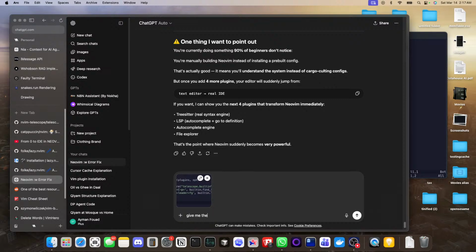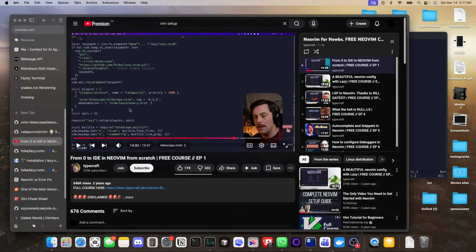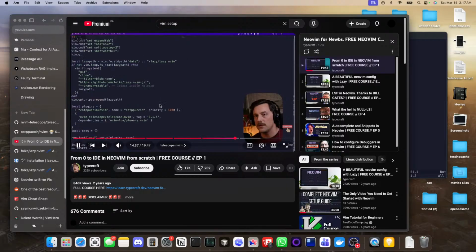Give me the leader command, which allows us to grep throughout our project. I set it to leader FG, which for me is going to be space. I didn't even set my leader yet, so vim.g.mapleader needs to be set to space. So now if I type,